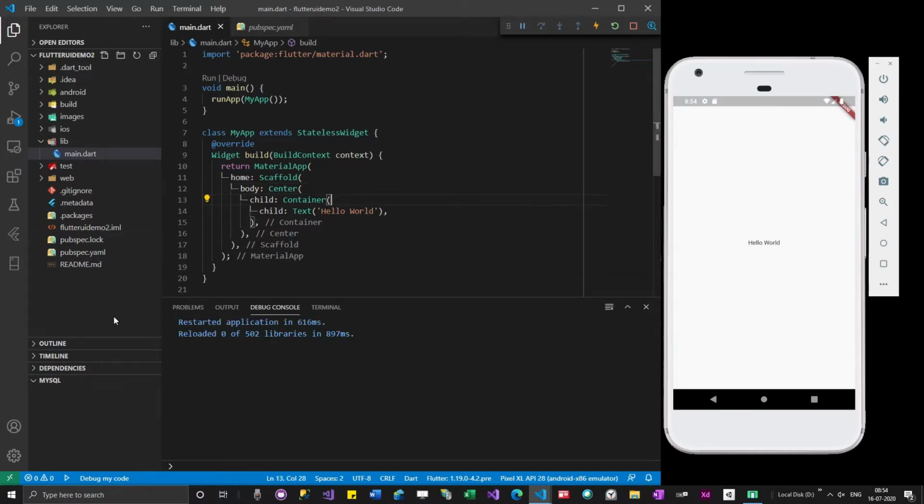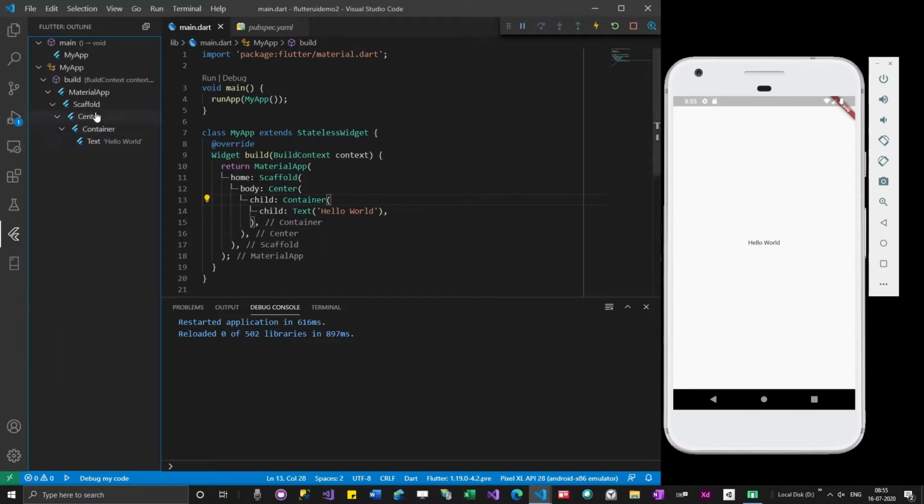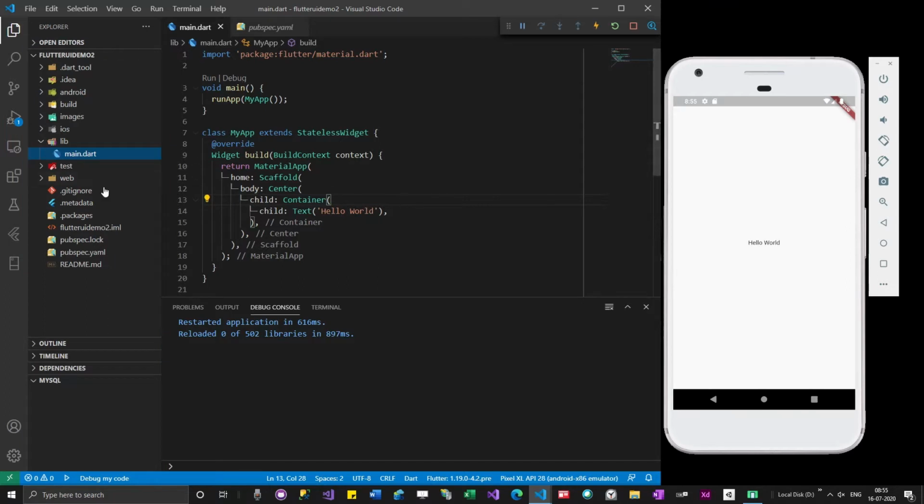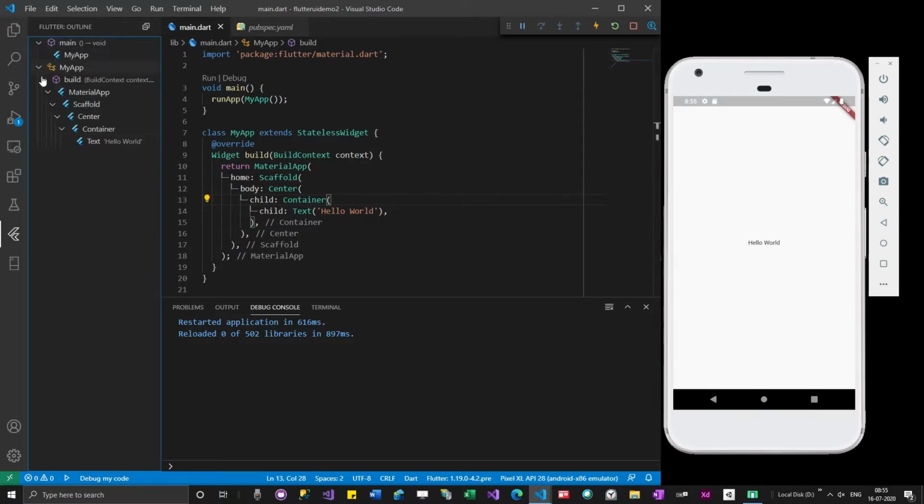One more thing I would like to share is you'll see a number of options like this in the IDE. Don't worry about them. You can explore them yourself. One of the things I would like to show is this Flutter option. If you're not seeing it, no problem. You might be missing some plugin or something like that. You can figure it out later. It shows the widget tree flow and everything. You can explore it yourself. We'll not be covering that. You can try to understand these things all by yourself.